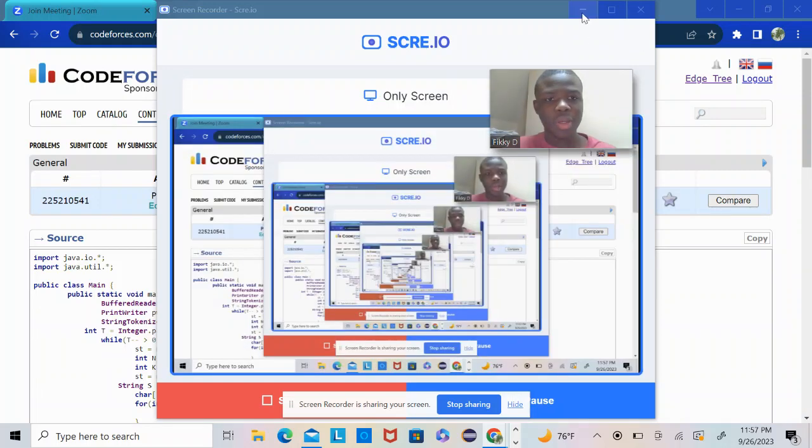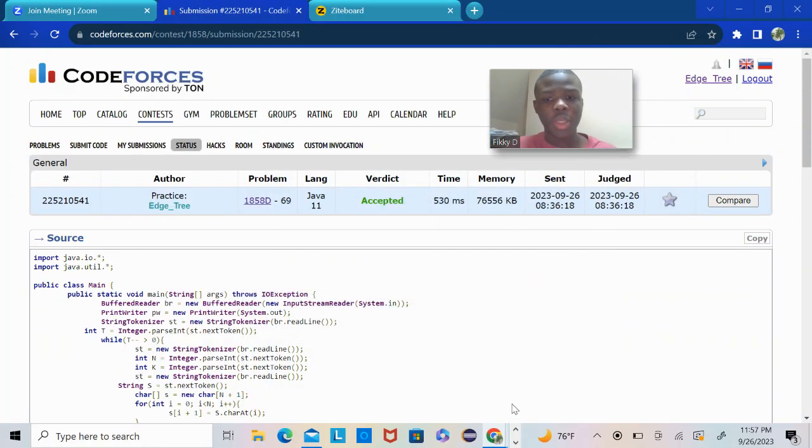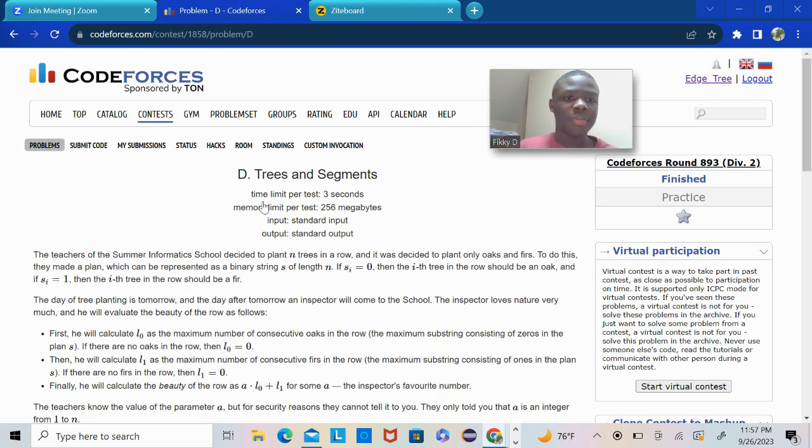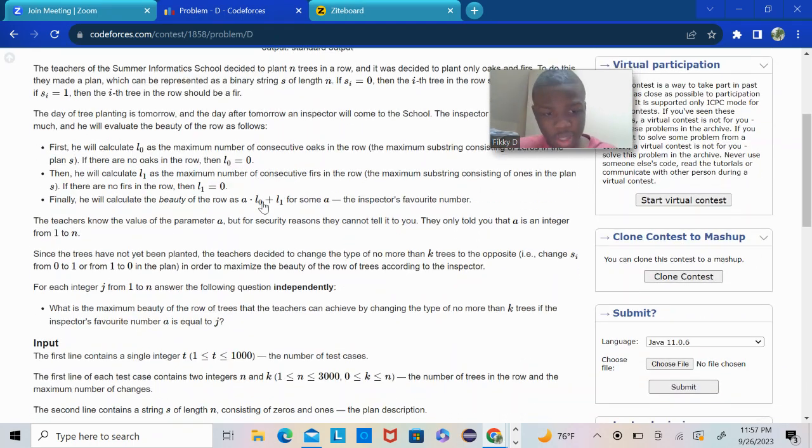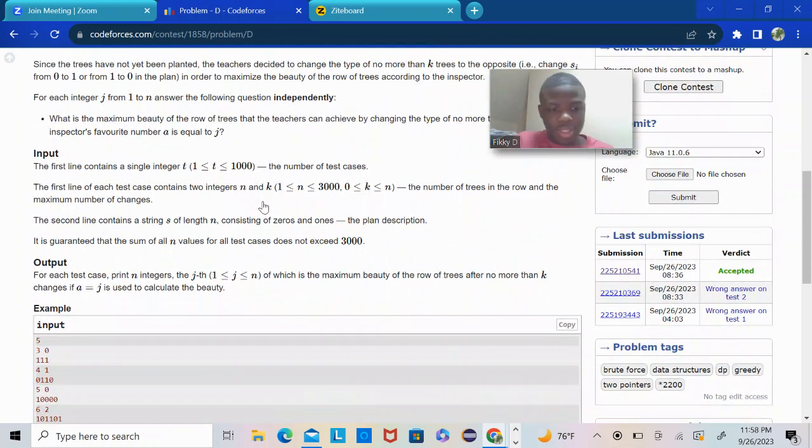Alright guys, I'm back with another video and I'm going to be doing this problem. I'm going to be explaining it. And I really like this question. This is actually from a recent Div 2 contest. It's called Trees and Segments and it is a pretty difficult problem. The rating is like 2200, but I think it's actually pretty doable because what I really want to focus on